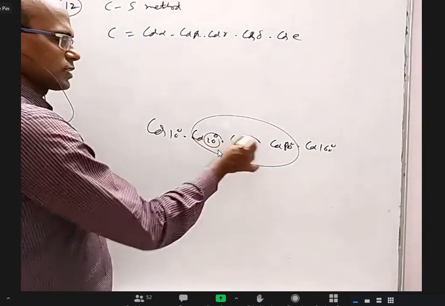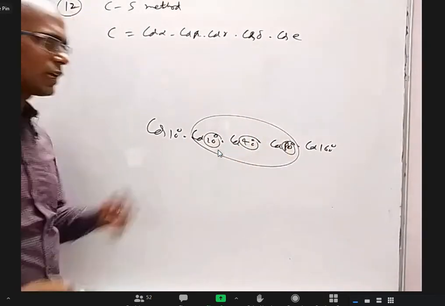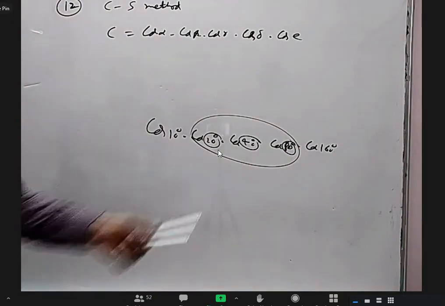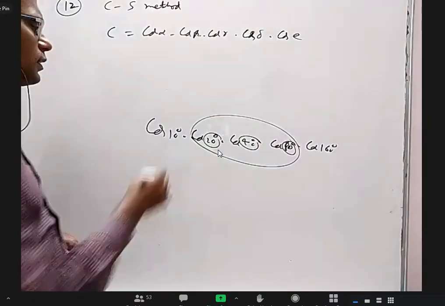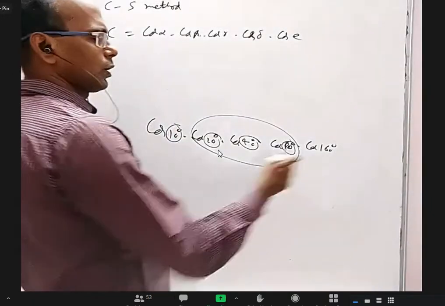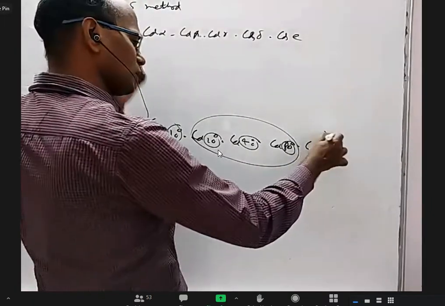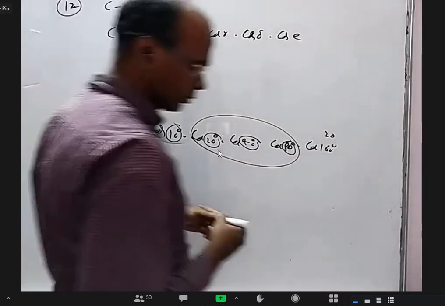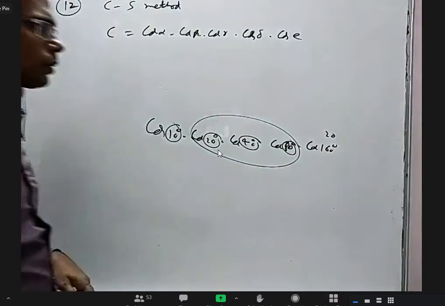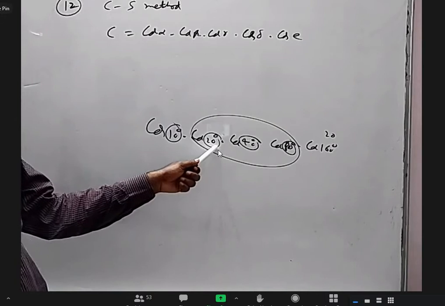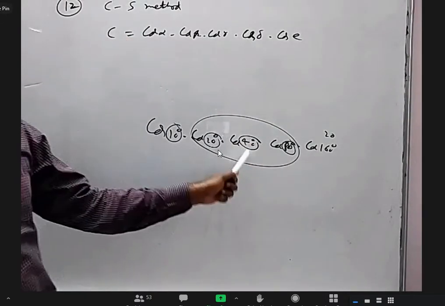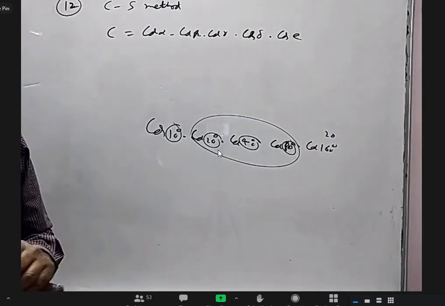If this is 20, this is 60 minus 20, this is 60 plus 20. I can use 1 by 4 cos 3 theta, right? And they may give one more. This may be 10. This is 180 minus 20, it may be 20. Cos 20, I may be able to do something else. For the second one, sir? This is 20, this is 60 minus 20, this is 60 plus 20. Use cos theta into cos 60 minus theta into cos 60 plus theta is 1 by 4 cos 3 theta.